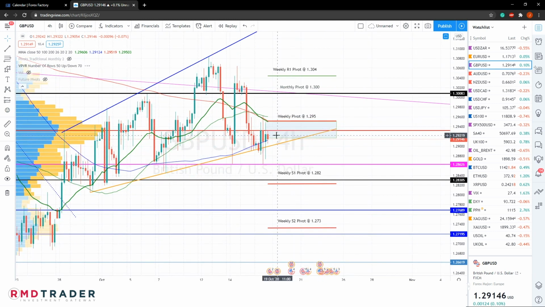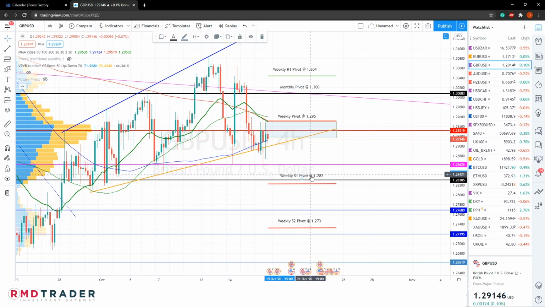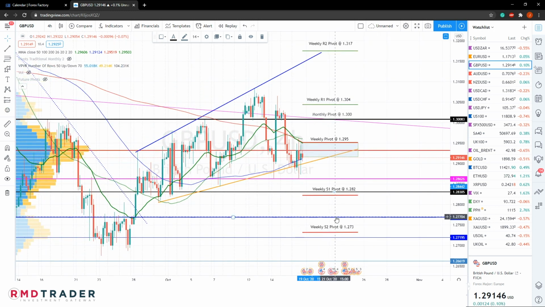If price manages to break below this diagonal and of course be rejected from our 4-hour 100 SMA, it's possible that we will see this area of support at 1.286 tested, and then the next areas of support would be in this area where our weekly S1 pivot is at 1.282, and then of course a very strong area of support would be this